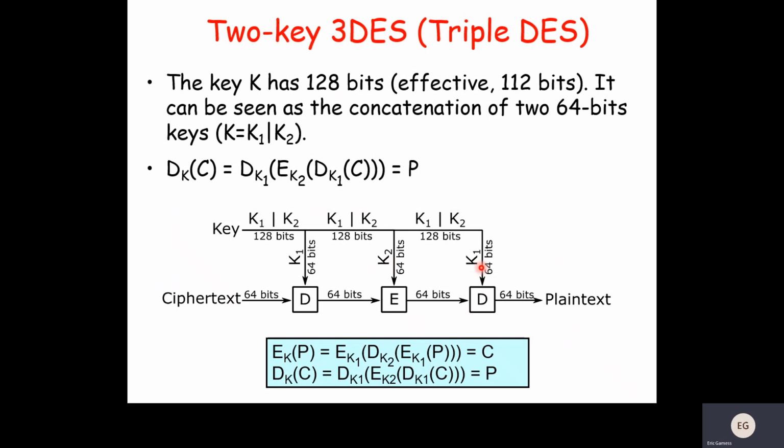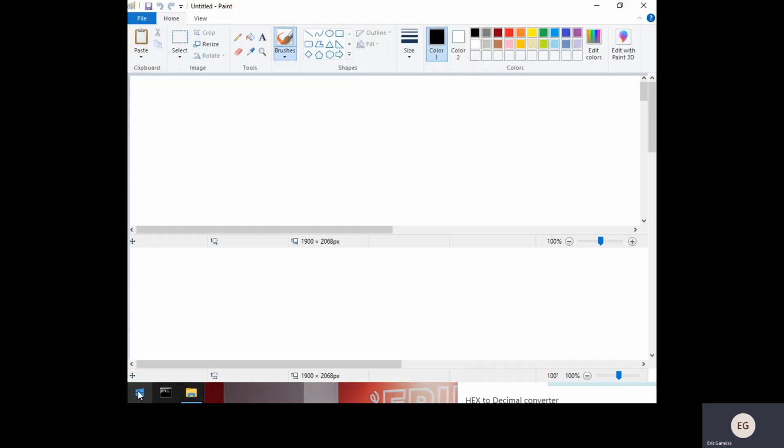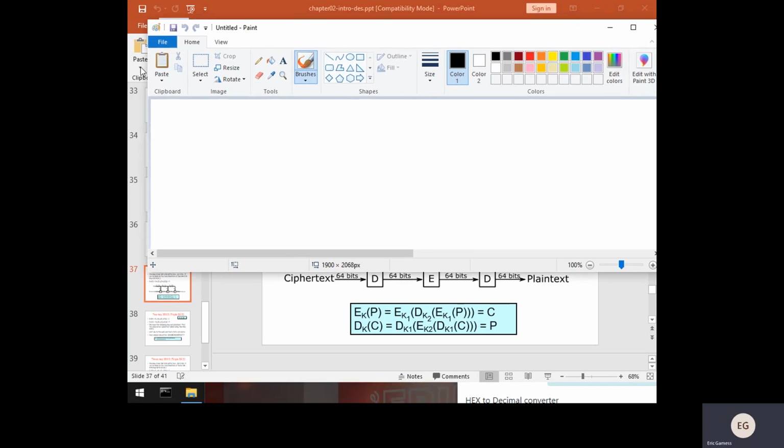So applying it twice, we'll come back to the plain text. And if you want, we can see it here. I can start Paint and see that if I apply them twice, I will come back to the plain text. So let me do that. So here we have